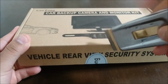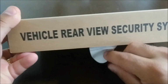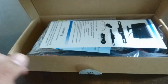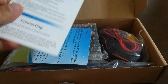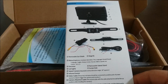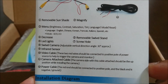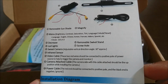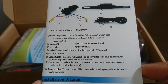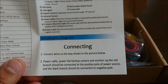I'm going to go ahead and open this. I can get the sticker off. There we go. Alright, so we can see from opening this up that there's some instructions here. It'll show you what comes with the actual kit. So it shows that there's a sunshade, there's a magnify button, a menu, a swivel stand, screw holes, and some other things. Also down here it looks like there's an installation diagram